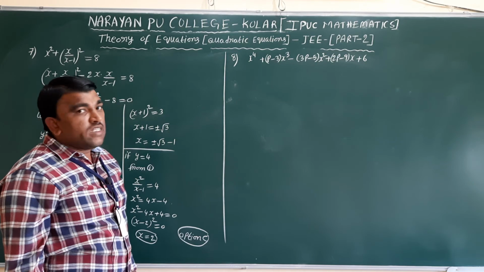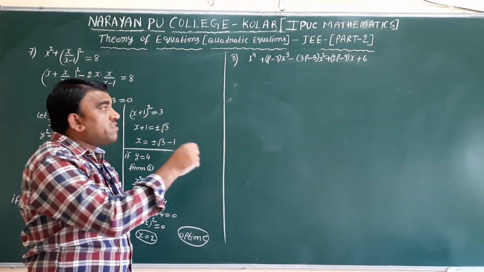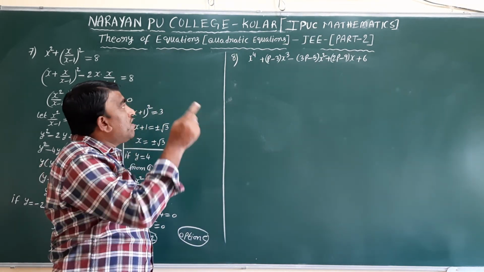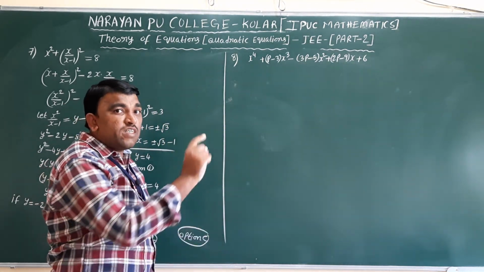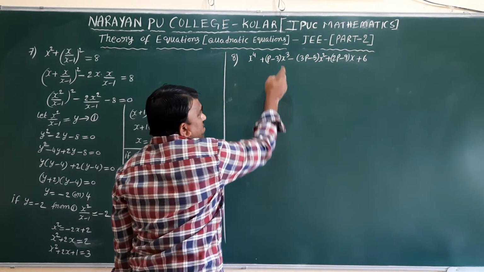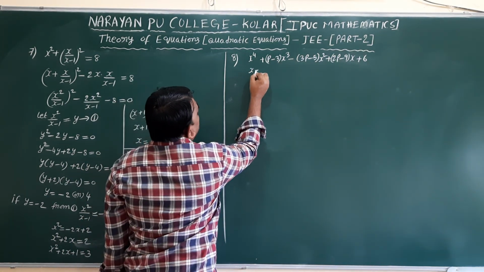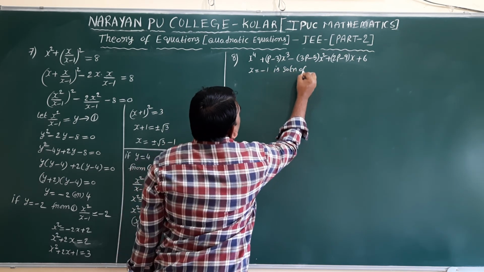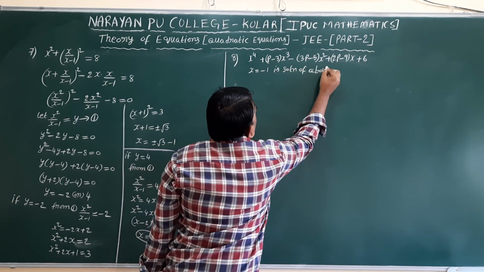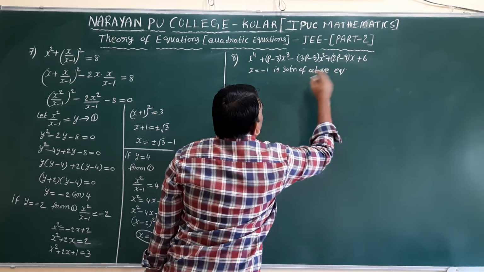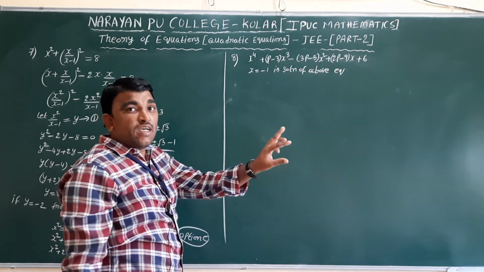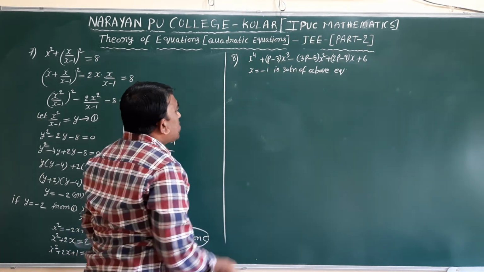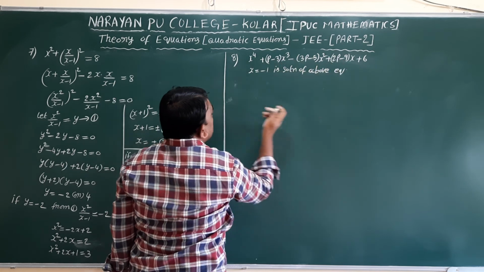So first they said x plus 1 is factor of this equation. Whenever x plus 1 is factor means f of minus 1, otherwise x equal to minus 1 is solution of this equation. In the polynomial concept we studied, whenever x minus k is factor of this, x equal to k is solution of that. So x equal to minus 1 substitute here, that means equal to 0.